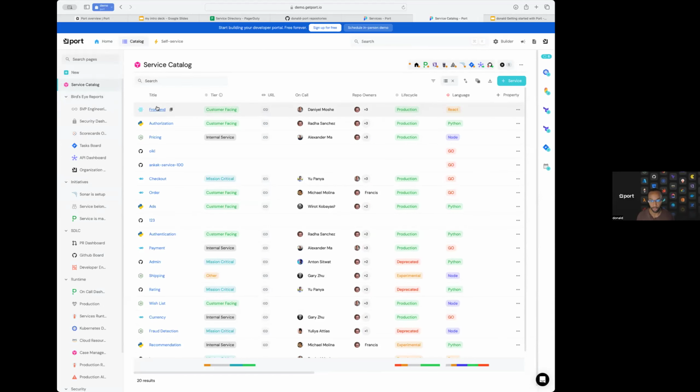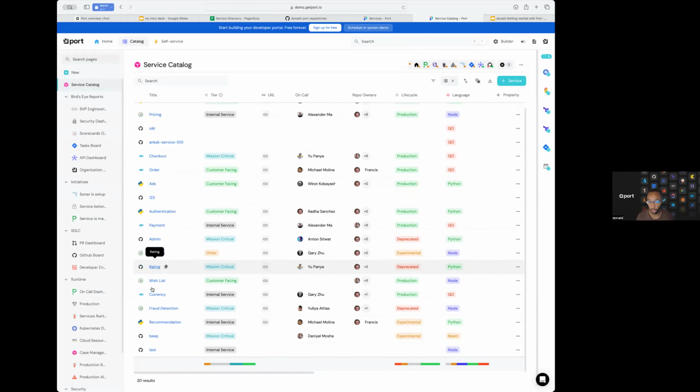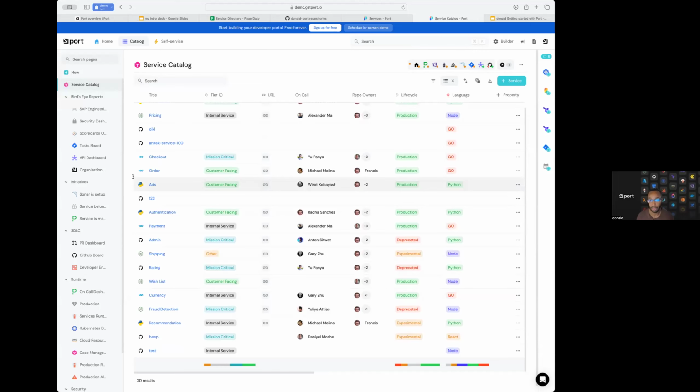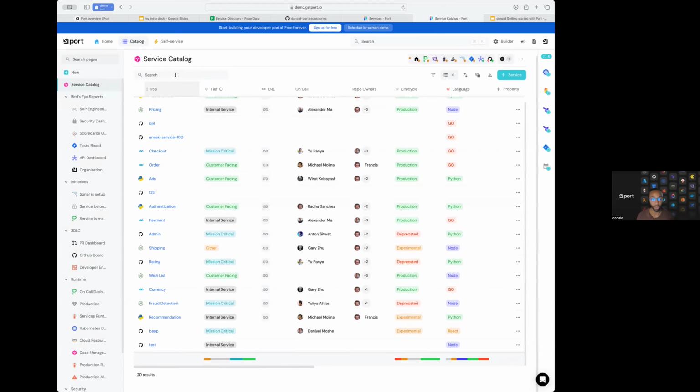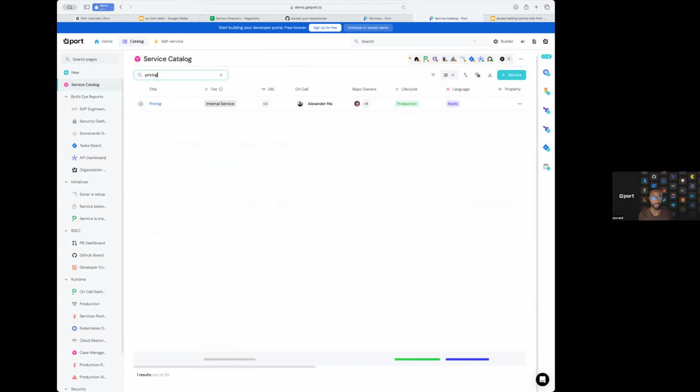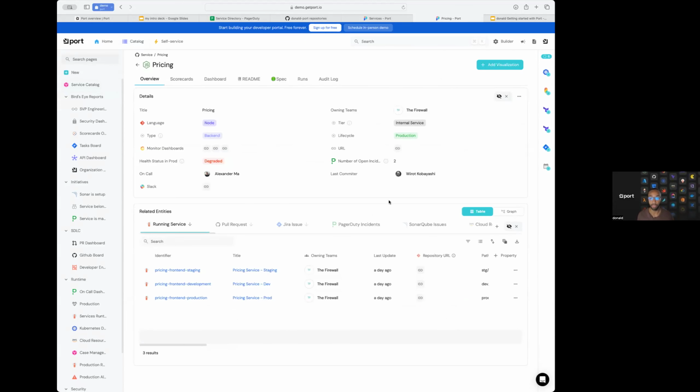And so what I'm presented with is a list of all the services that are currently active in my organization. And so any service that I have a question about, I need information about, I should just be able to gather that from this view. So let's say I have a question about the pricing service. I need to price something in my service. So I want to leverage the pricing service and I need to understand its APIs, other information about it. So I should just be able to come here, type pricing, that's my service, and go to a page like this one